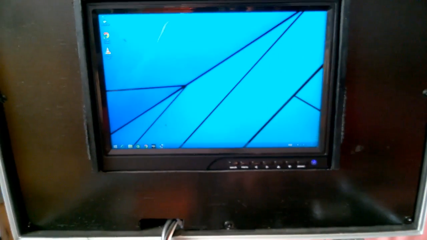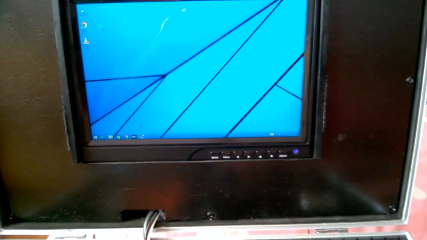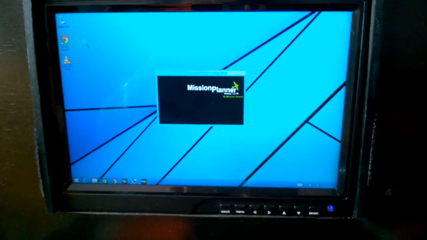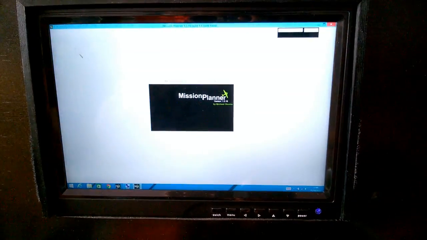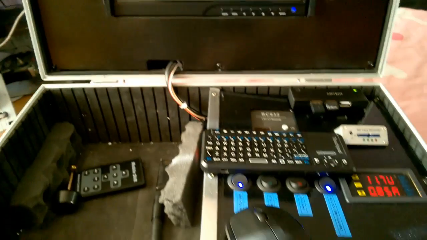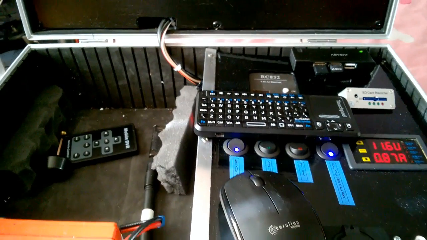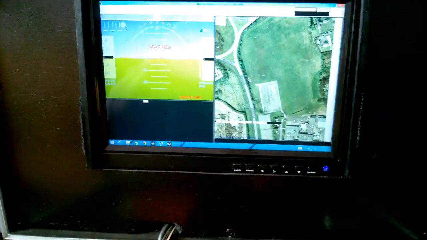Okay, so here's where we actually set up a mission using Mission Planner. So it will boot up now. As you can see, I'm loading the Mission Planner software up on the ground station, which I've got set up here. You can set a mission up wherever you want to, really. I'm setting this up at home,